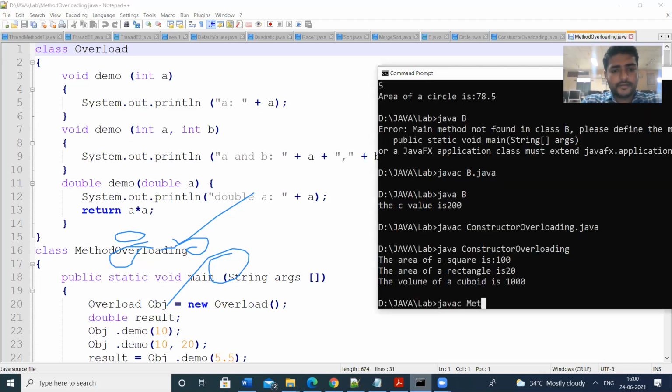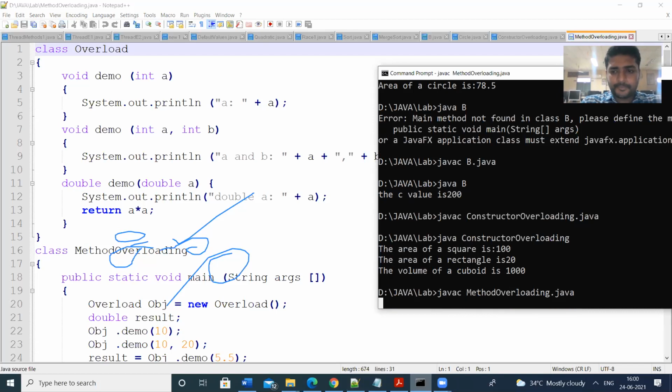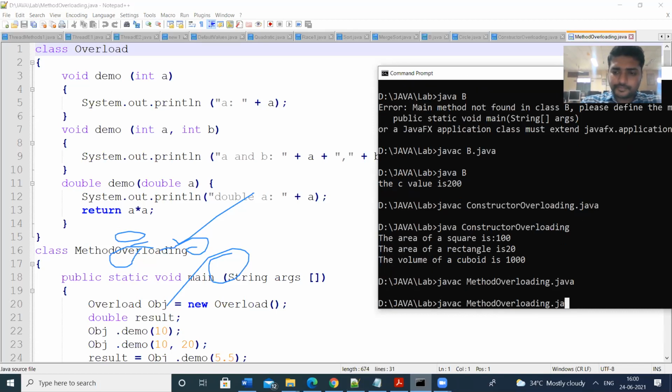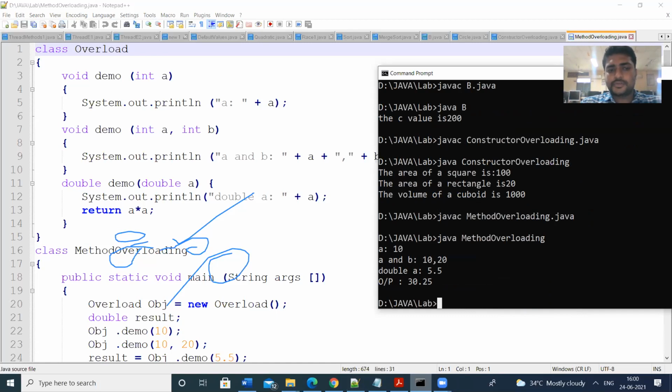See the output. In the first case, the a value is printed, 10. Second, the a and b values are printed, 10, 20.